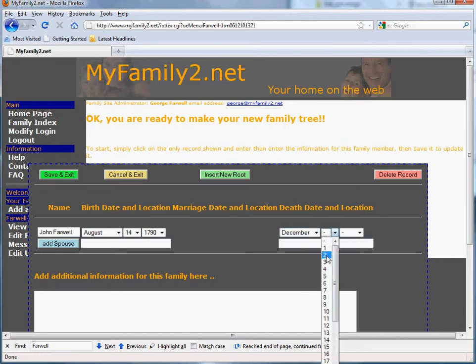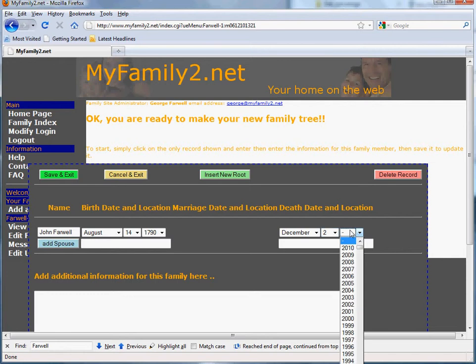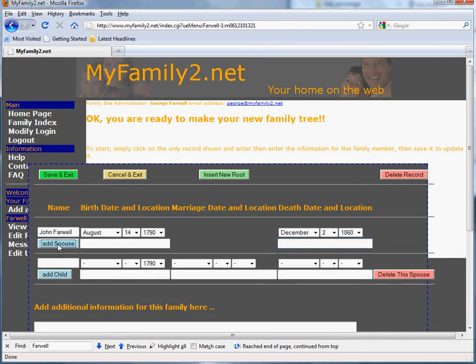2nd of 1860. So we can enter that information here. Okay, and if you know the place of birth, you can put that in here, and the place of death, you can put that in there. Add a spouse, just click on add spouse, and he married a Margaret Wayne,